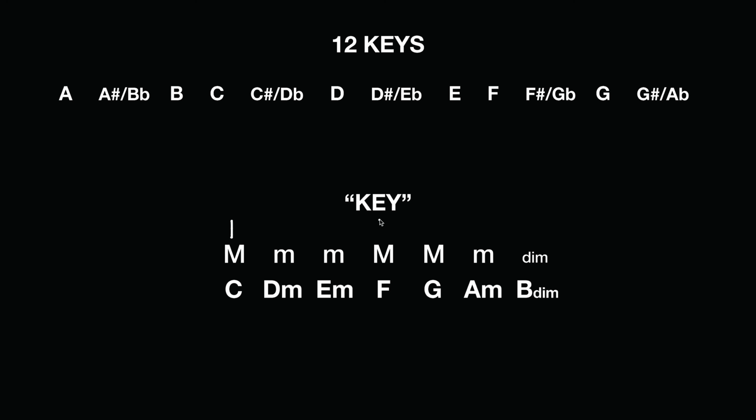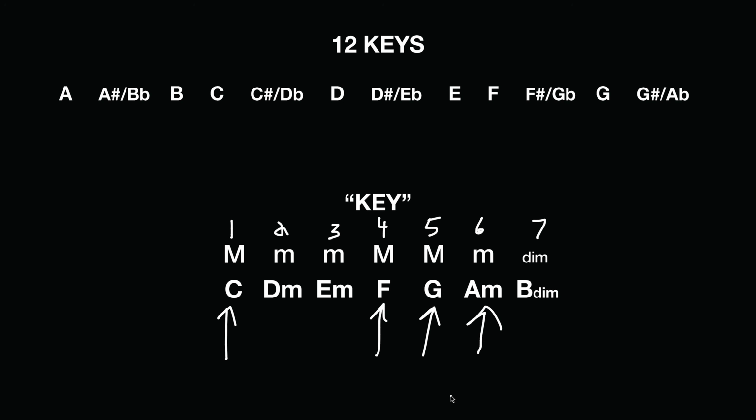You see our 1, our 4, and our 5 position are major chords. Our 2, our 3, and our 6 position are minor chords. Then we have this diminished chord in the 7th position. And so what is this 4 chord pattern then that we need to know as a rhythm guitarist? Well, it's just this. 90% or more of the time, you are playing your 1, 4, 5, and 6 positions.